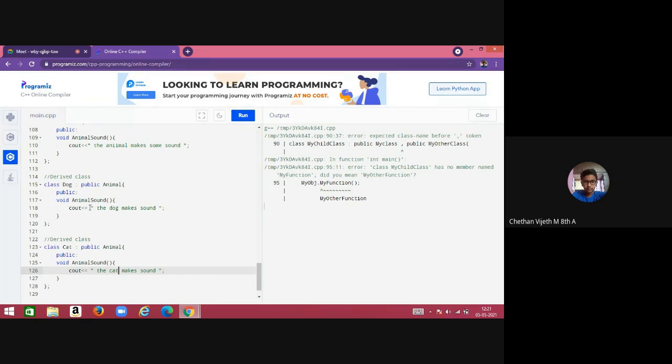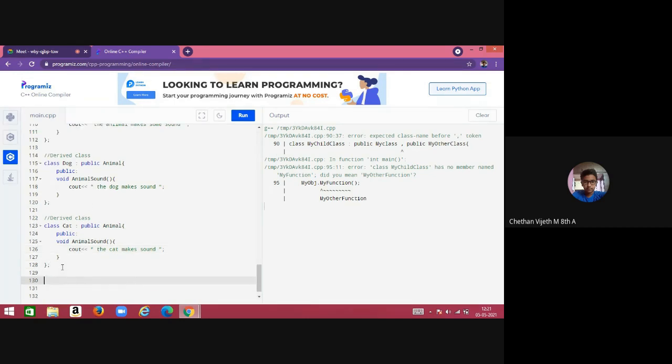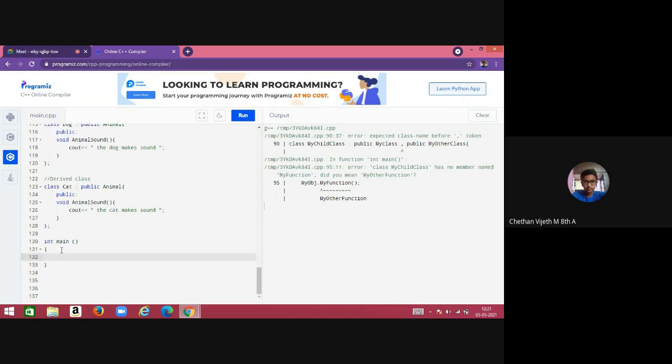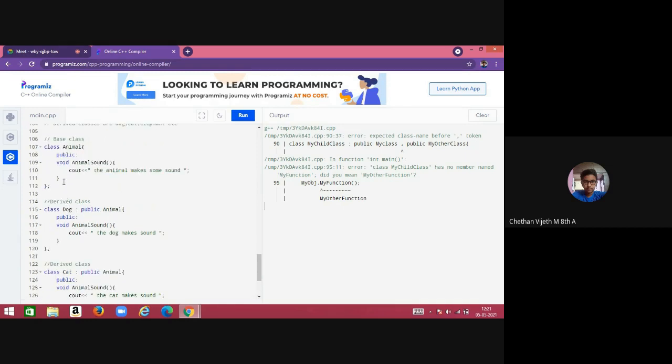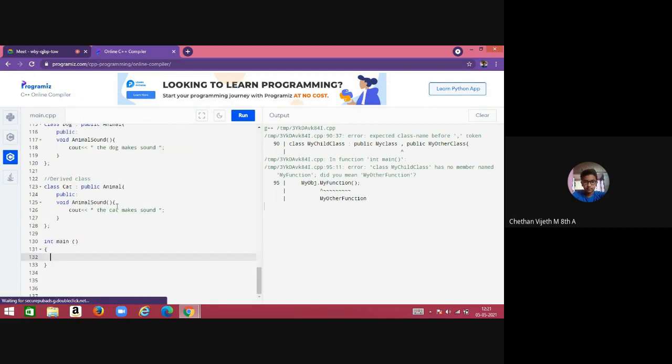Okay. So next, what do I need next? I want the main program. So I'll be having int main. So once I have the classes, what am I supposed to do? I'm supposed to create the object, right? So I'll be taking it as, in the first base class, what was my class name? My class name was animal, correct? So in my base class, my class name was animal,